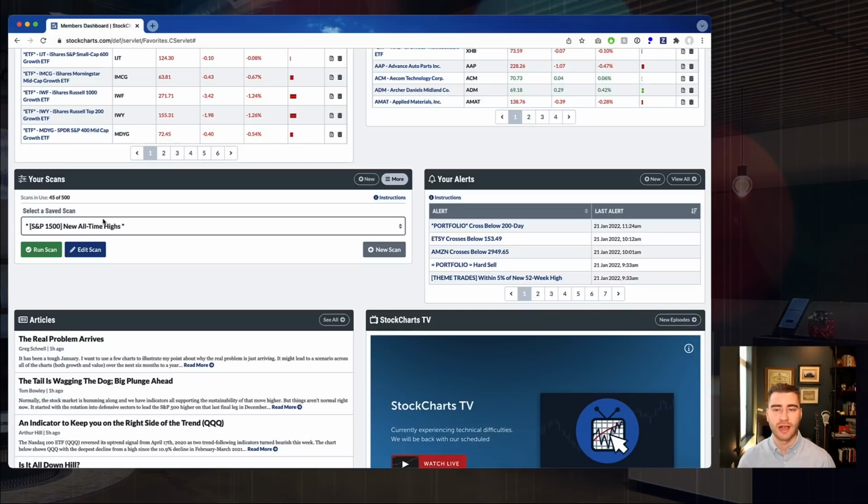Always nice to keep track of those numbers. Next to that, you have an alerts panel. Again, similar idea. You can create new alerts right from here. You can jump over to see all of your alerts. But the idea with this alerts panel is a summary of the alerts that you have